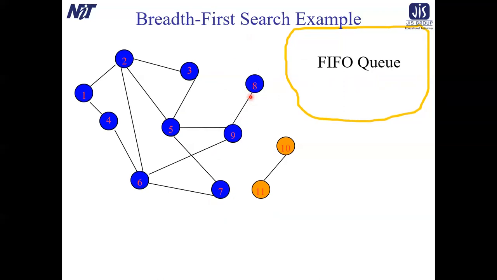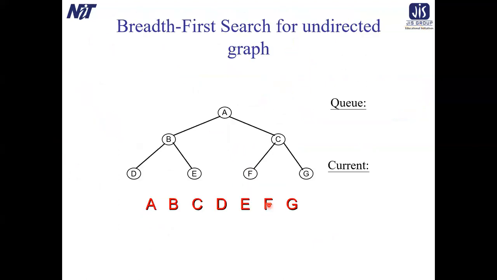Now my queue is empty, so the search terminates. You can say that you can visit all the vertices in this graph. But 10 and 11 have no path in this graph, so we cannot visit 10 and 11. Now take another